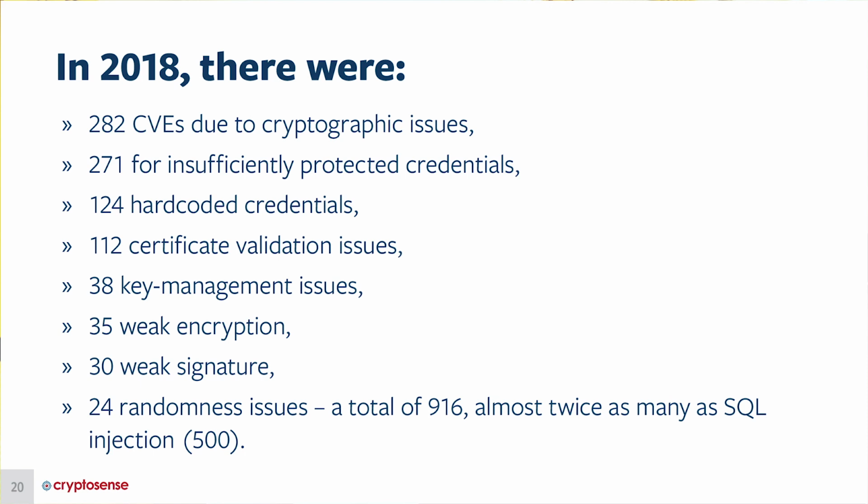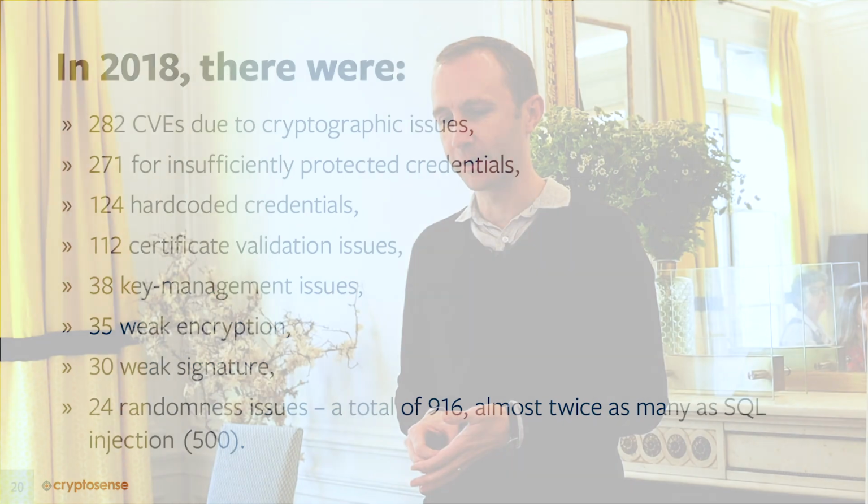These are the kinds of things that go wrong around cryptography that came out of CVEs in 2018. I started with not protecting keys, or storing keys in the clear. That's a big chunk of this. Cryptographic issues is very vague; almost anything can be put down as a cryptographic issue, so this is mostly noise, but it means that somewhere around the cryptography something is wrong. We have a lot of stuff around not protecting credentials, around certificate validation, and actually using a weak algorithm. Different things get put in there, but it's relatively small.